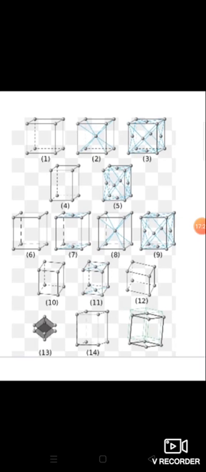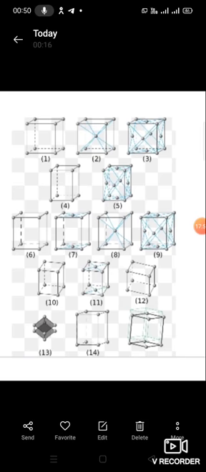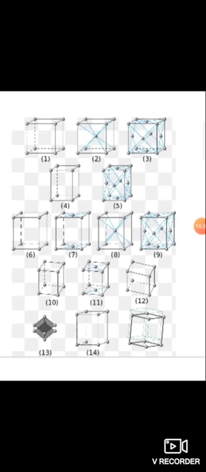Next diagrams 10, 11, 12. They are unit cells of two monoclinic lattices. They have unequal sides and two faces have angles different from 90 degrees. Next picture, that is unit cell of hexagonal lattice, one side different in length to the others. Unit cell of rhombohedral lattice: all sides of equal length, angles on two faces are less than 90 degrees.